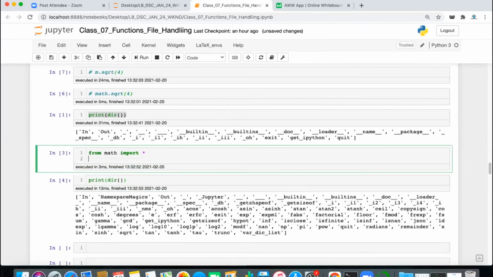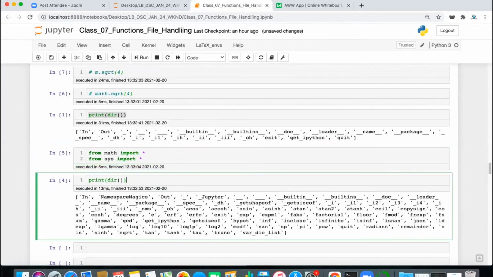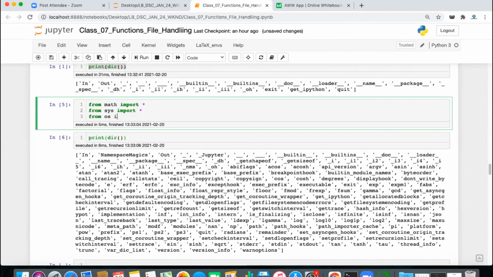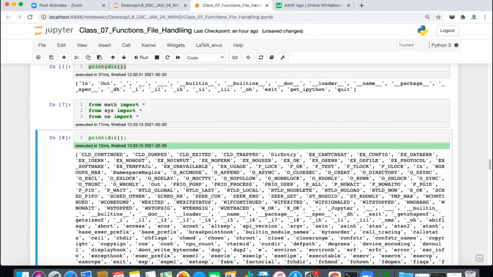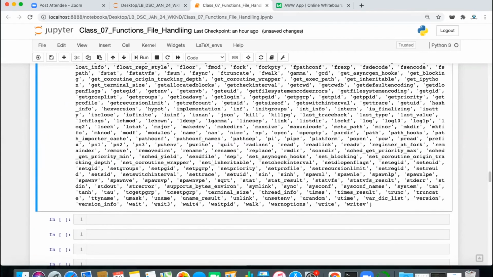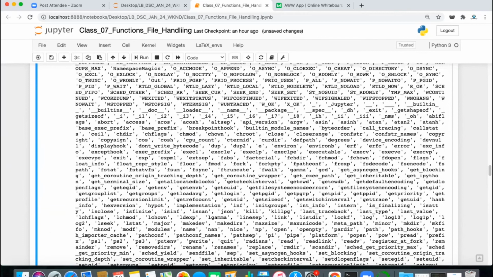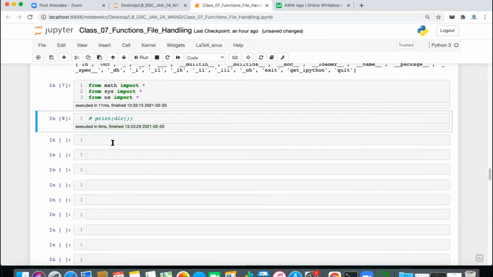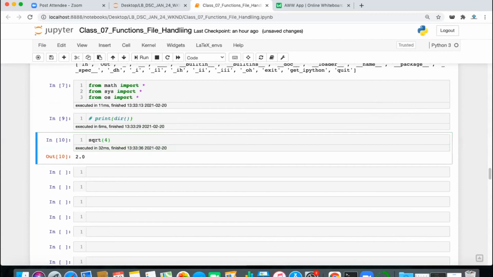If I'm writing, let's say, from sys import star, then everything from the sys module will also be imported. If I write from os import star, then all the names from os will be imported into your current namespace. So this is a huge list, and it keeps increasing module by module. We should not follow this. It is not recommended to do this kind of import. Try to avoid it if you can. It gives you one advantage, that you can use any function out of it, but you are not going to use all of them at a time.